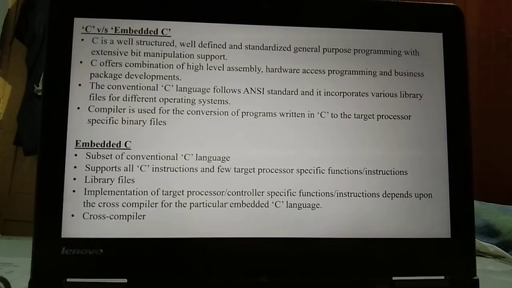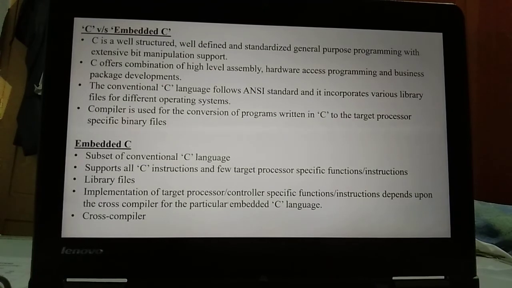Embedded C. Embedded C is a subset of the conventional C language. Embedded C supports all C instructions. Along with that, it also has a few target processor specific functions or instructions.